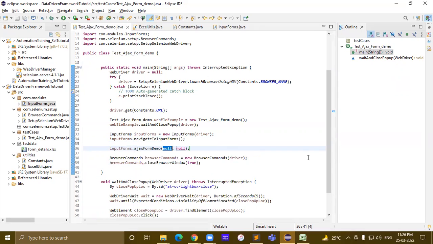Here we have to pass the name and comment. Name and comment we have stored inside the Excel file, right? Yes, sir. Name and comments we have stored in the Excel file. So after navigate to input forms, we will call the